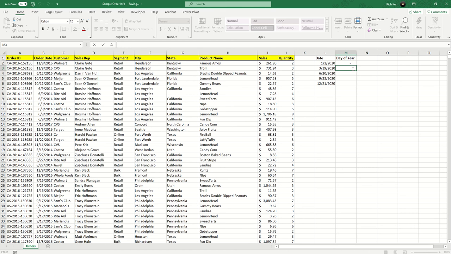We'll say again equals the date to the left minus the first of the year, right? So we'll say L3 minus 1/1/2020. And again, we get a value that initially is formatted as a date, but when we convert it to comma style, we can see that that's the 78th day of the year. Now I can simply drag this down, right? If I drag that down to the cells below, we can see that